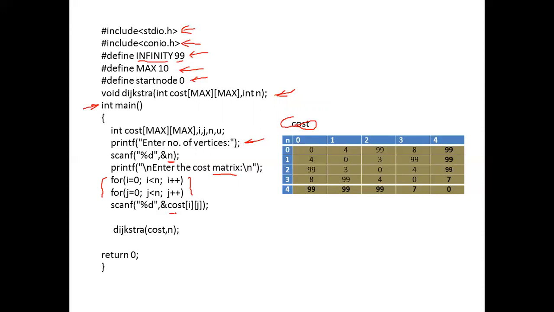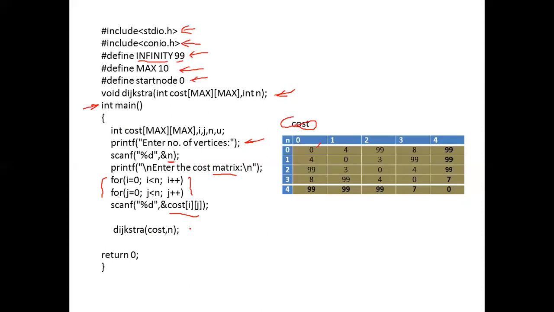And where it is storing is the cost variable, that is an array variable. Just now I showed cost is a two-dimensional array variable. Once the user enters, first the user will enter 0. That will be stored at the 0th row, 0th column of the cost variable. Similarly, once the user enters 4, it will be stored at the 0th row and first column. Like that, it will go on accepting the weight cost of a graph. So this is what is going to happen when I execute this block of code.